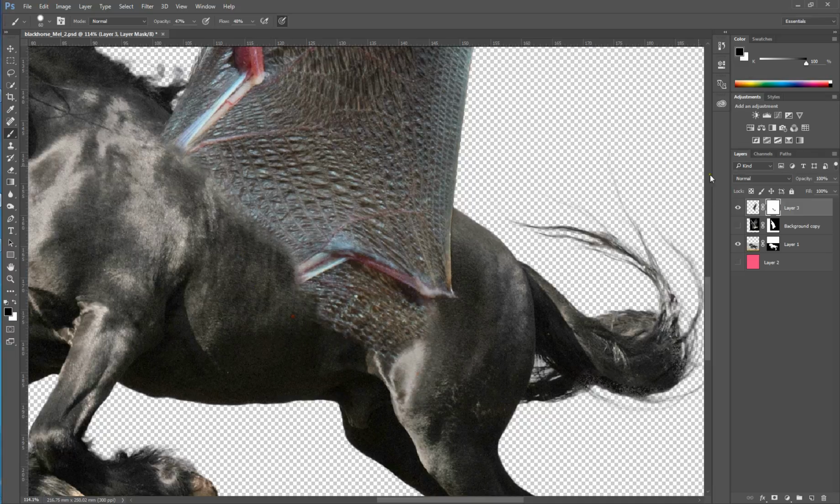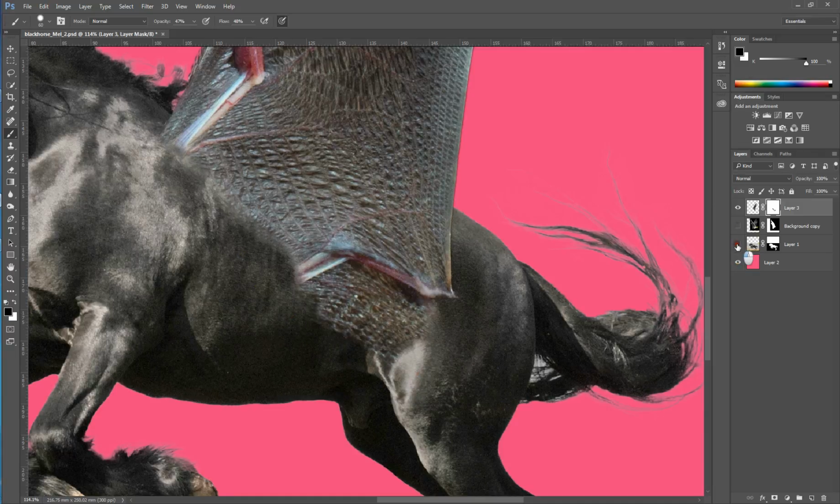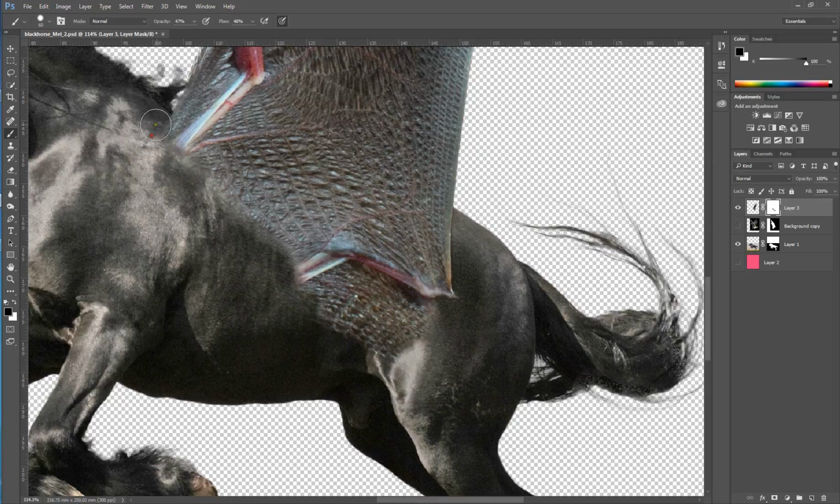So at the moment I'm just doing a rough job. If I turn this on, you can see what's happening as I'm brushing on and off. Let's just turn that back off. But what I'm aiming for is to blend this with the horse. So I'm just using sort of quick click and drags and just going over those edges to give my first rough. Then I'm going to reduce my flow right down